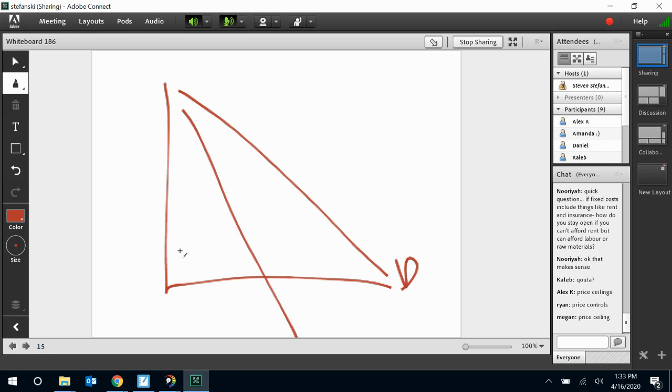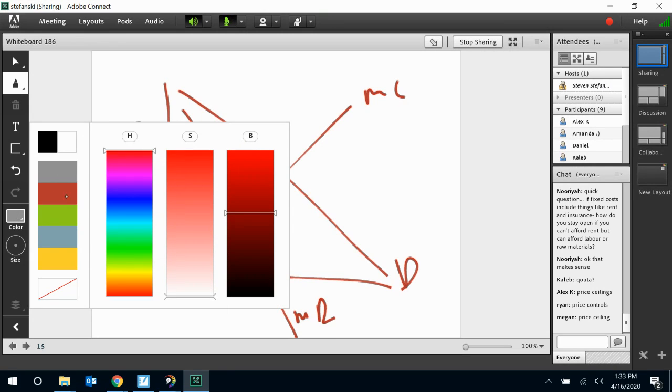Okay, so I'll just do this here: marginal cost, marginal revenue. What we know typically, a monopoly will be here because they maximize their profit, and they'll be right here. But if they choose to practice price discrimination, they will actually charge